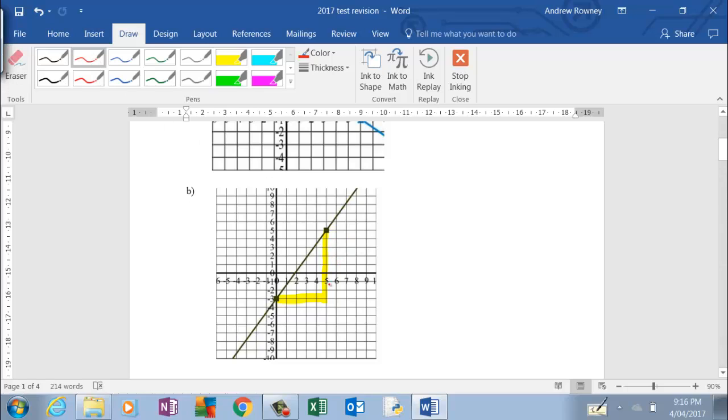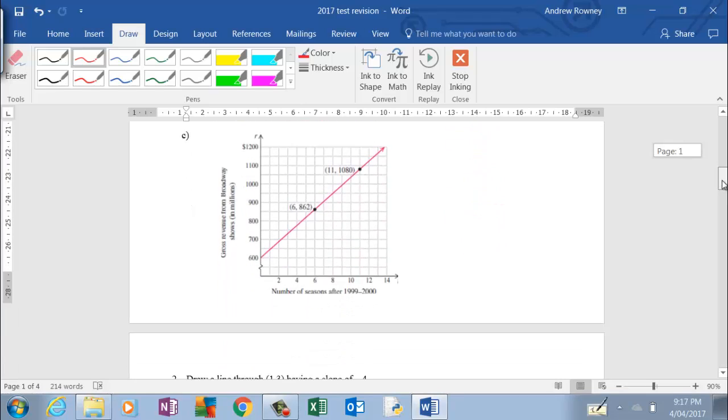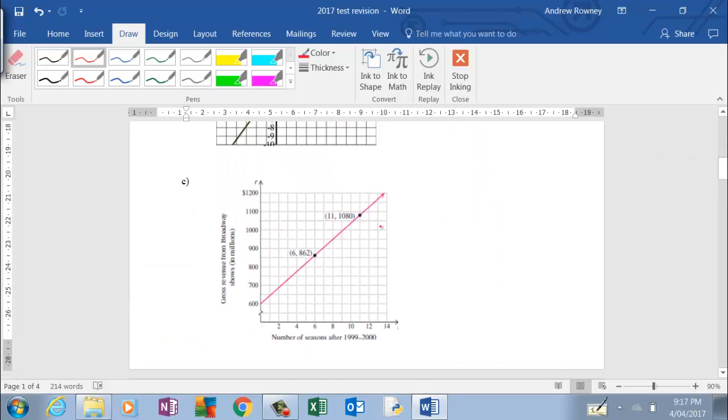And looking at the rise, you can see there's 3 up to here and then another 5 up to there, so in total we've got 8 for the rise, and the run, which is this one, is 5, so it's 8/5 is the slope. This one here, we could do rise and run, but they've given us the coordinates, so it's